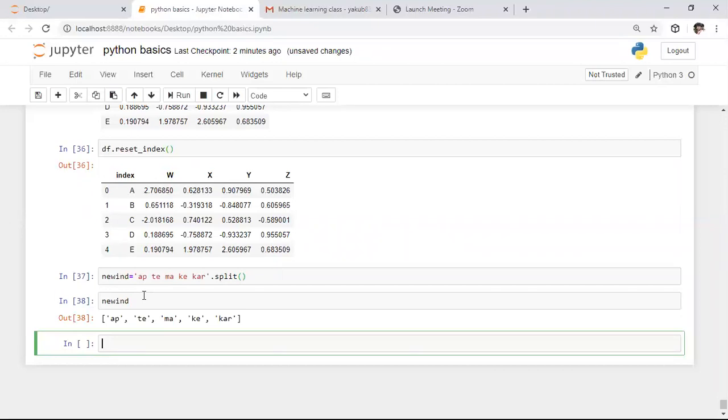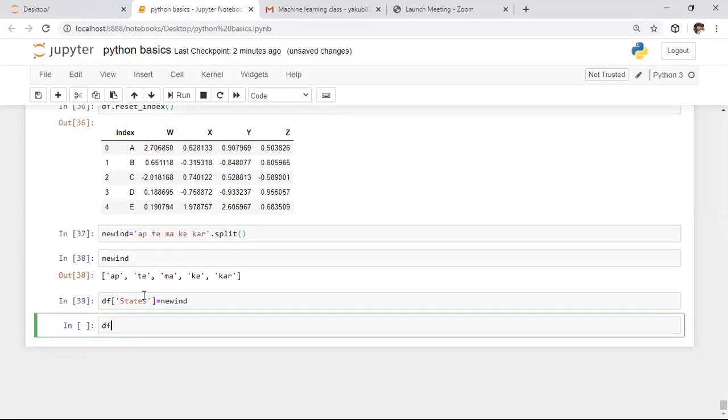For that purpose, I'm saying df of. Initially I want to add a new column in the data frame. I want to add the states column into this data frame. After this, in place of states, I want to replace with the new index, and I'm running this portion.